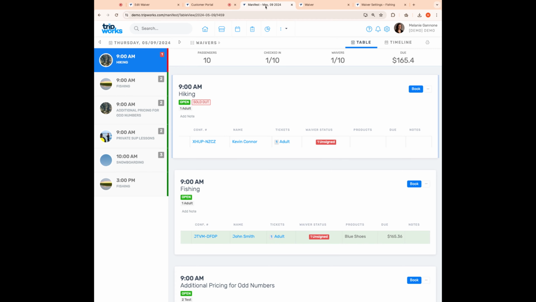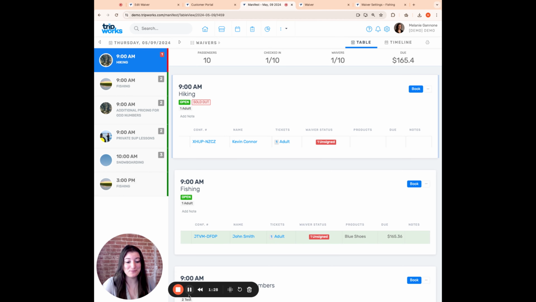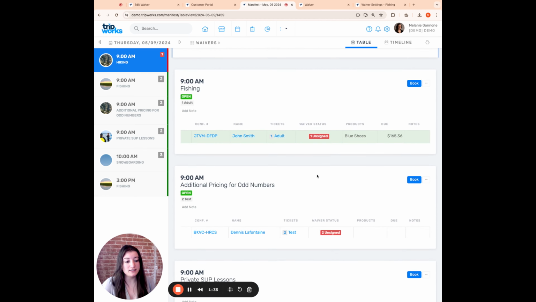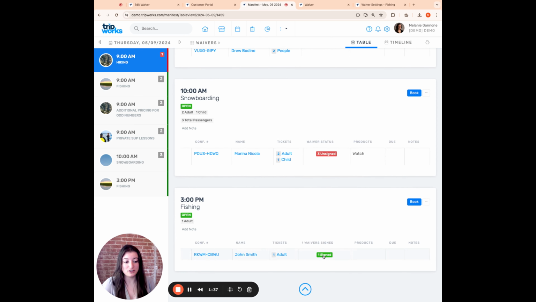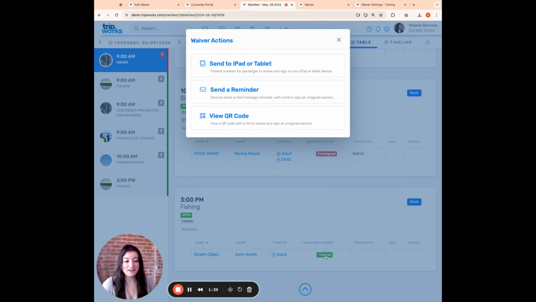Managing who has and who has not signed the waiver is super easy. Switching over to the manifest view, you'll see a column for waiver status. It'll tell you which ones are unsigned, as well as which ones are signed. If you select the status, you do have the option as well, for those who have not signed their waiver, to send them a reminder, pull up a QR code, or send the waiver to another device so that they